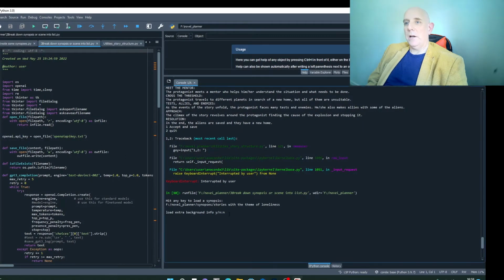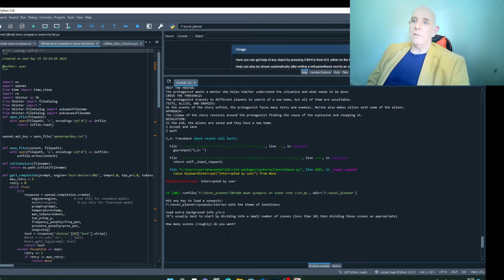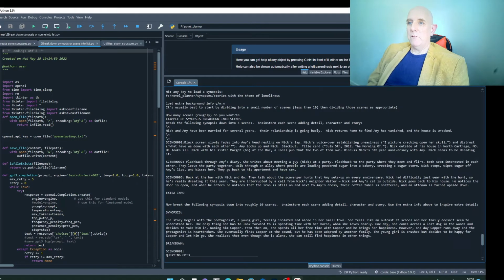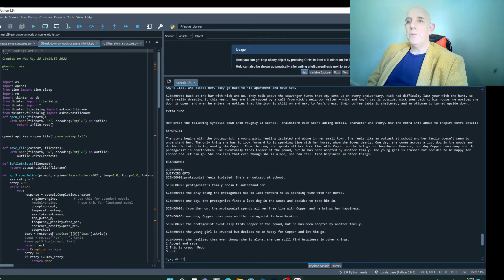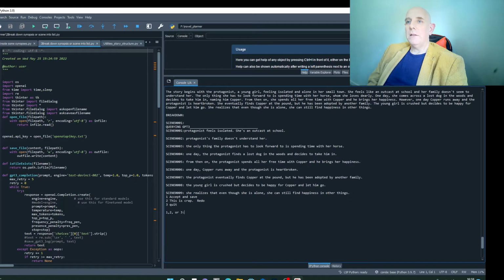Right, so I've chosen one of my synopses and I want to break it down into scenes. First thing it's saying, it's usually best to start dividing into a small number of scenes, less than 10, then dividing those scenes where appropriate. How many scenes would you want in your story? Well, I'm going to say 10, roughly 10. Right, so what it's doing now is it's asking GPT-3 to look at my story and divide it into